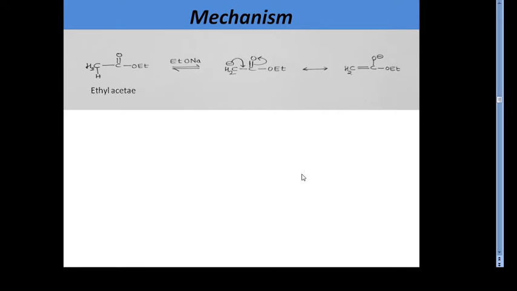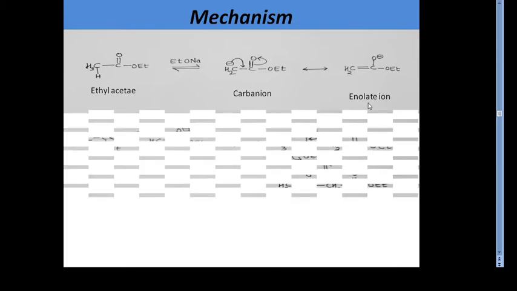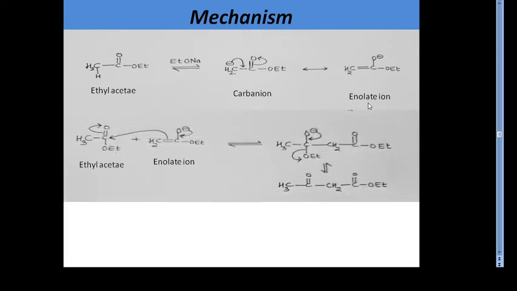In the first step, the ethyl acetate molecule has an acidic alpha hydrogen that is abstracted by a base to form a carbanion, and this carbanion is well stabilized as an enolate ion. Now this enolate ion attacks the second mole of ethyl acetate to form this particular alkoxide ion, in which when this negative charge reverts back, the ethoxide ion is eliminated as it's a very good leaving group, and you get ethyl acetoacetate.